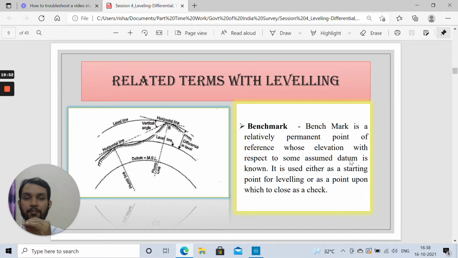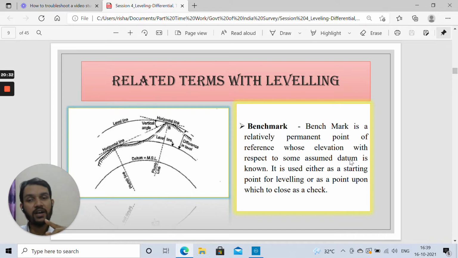So this is the permanent point whose elevation is already known to us, or we consider any arbitrary value as fixed for this particular station, and all the other stations are solved with reference to this station. Okay, it is used as a starting point for leveling, or may also be used as a closing point to impose a check. Why can it be used to impose a check? As I have already told you, suppose we are conducting a case of closed leveling. We started from this point, and after completing the entire survey activity we again reach the same point. So if we are reaching the same point, then the RL that we have considered initially should remain the same for this particular station.